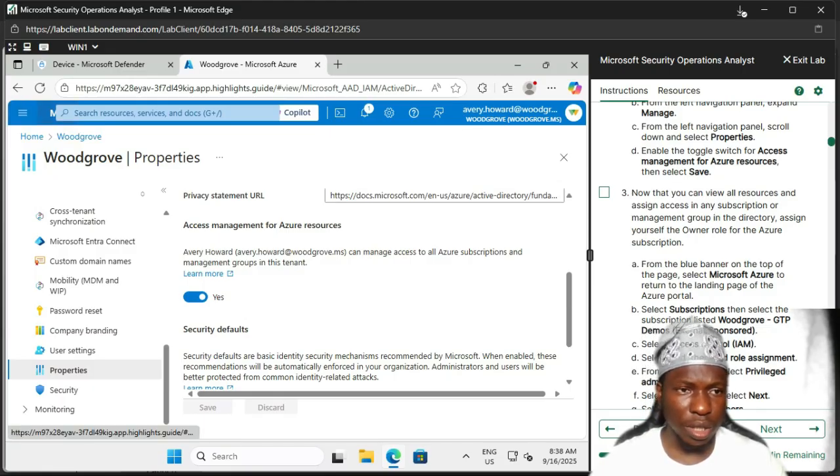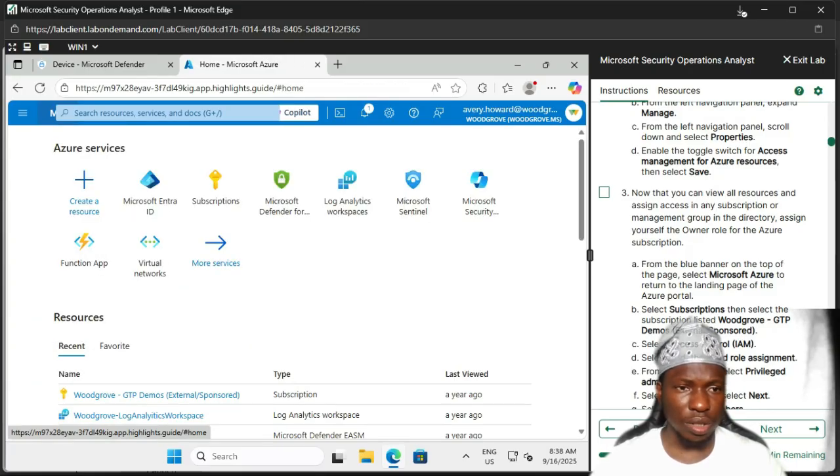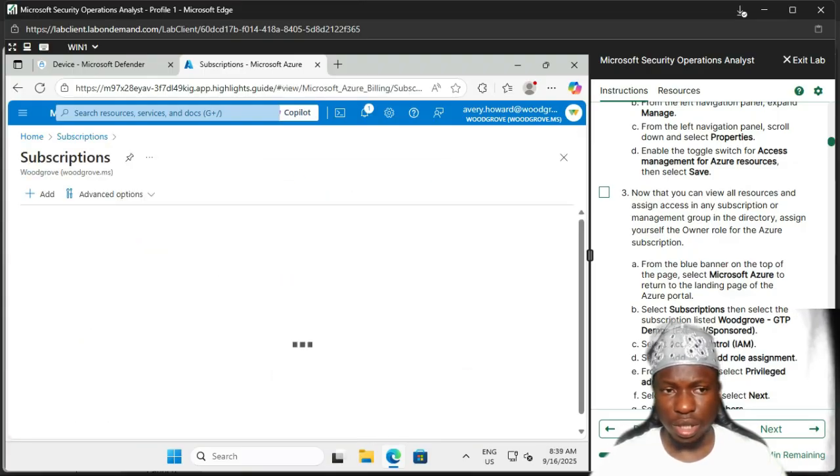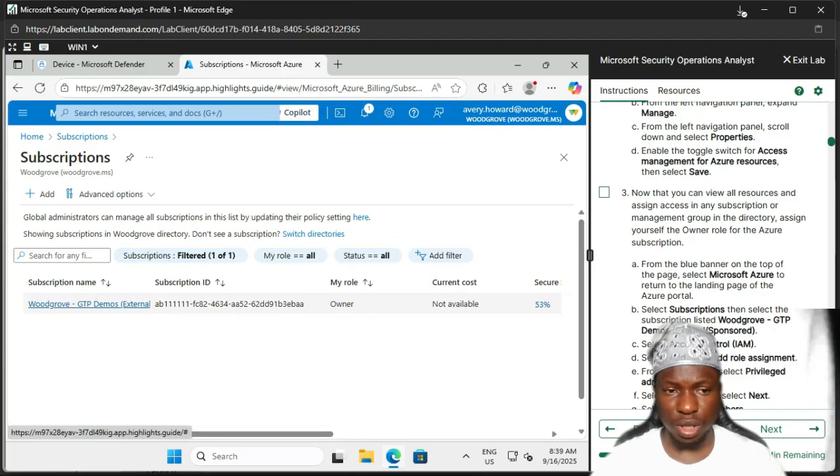Select Microsoft Azure, which is right here. I'll click on it to return to the landing page of the Azure portal, and select subscription, then select the subscription listed. So I'm going to select subscription, and then this subscription is what is listed. Select the subscription listed, Woodgrove GPT demos external sponsored. So I'm going to select it,